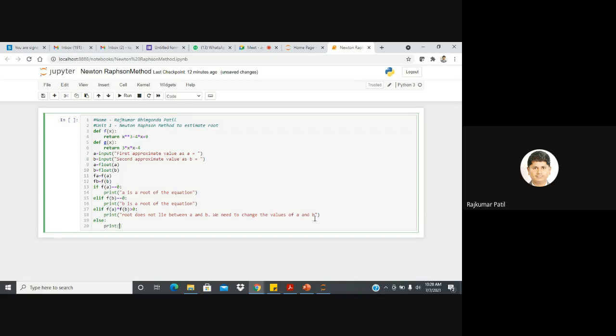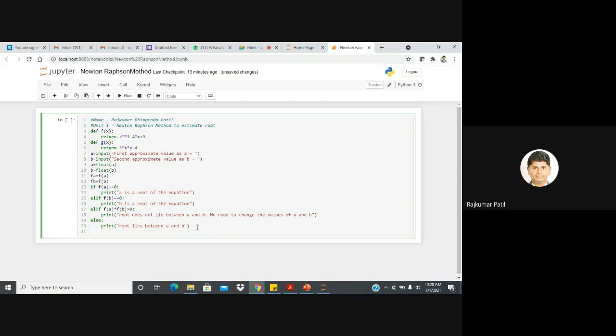We will print that the root lies between a and b. It is not required to write the condition because the first three conditions are false, and by default the last condition is that the product of f of a and f of b is less than 0. So by default the root will be between a and b.